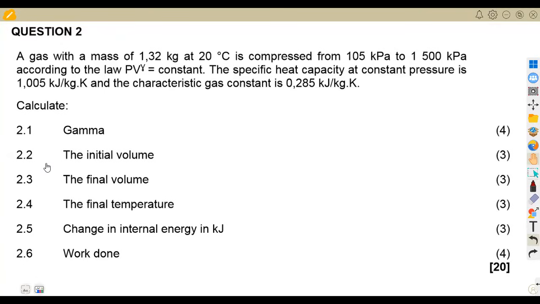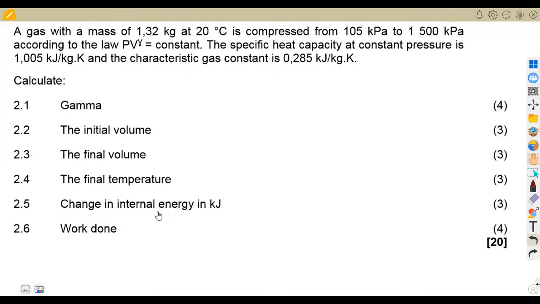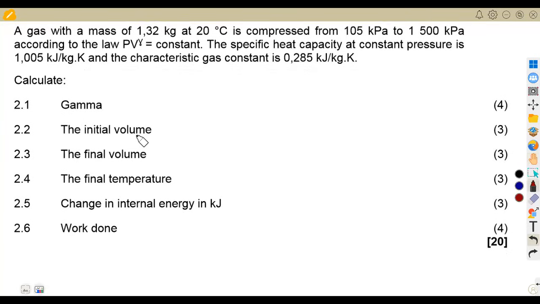Still working on our revisions for Power Machines N5. In this case, we shall be working on the thermodynamics of gases as a revision from the question paper of November 2020. So we shall just quickly rush through the questions. I think we introduced this and talked about the formulas that are important for each and every process that you are going to have. So this is a gas of mass